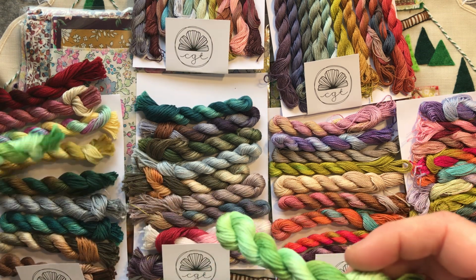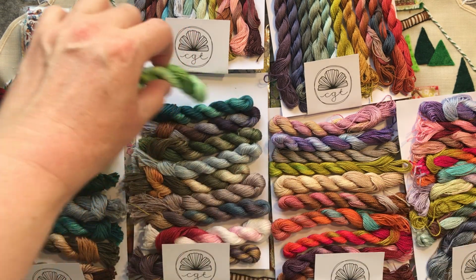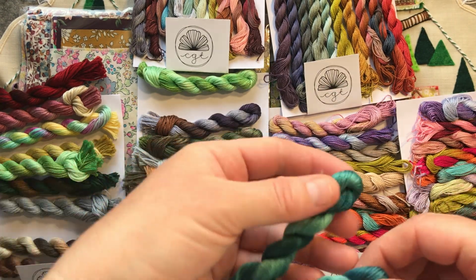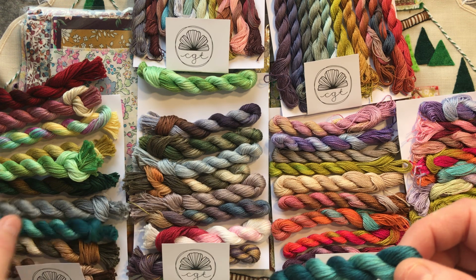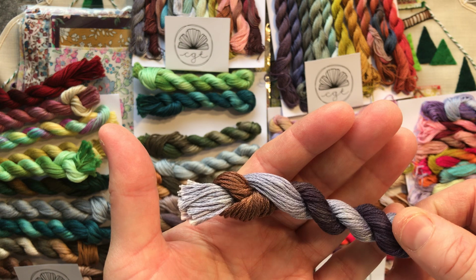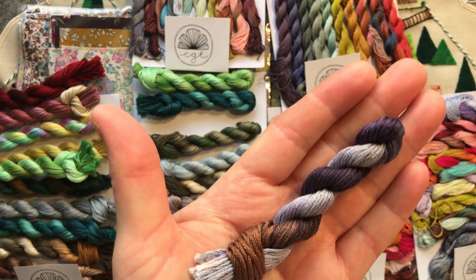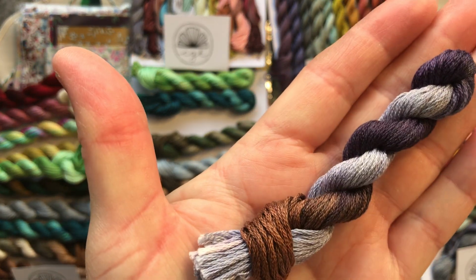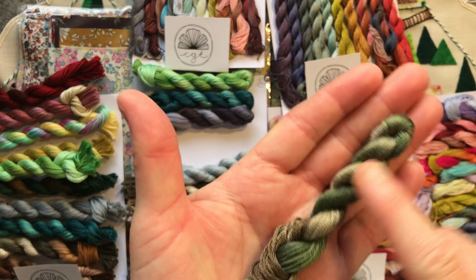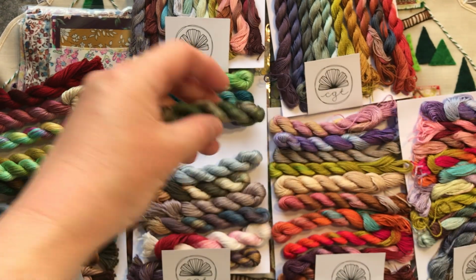Then this one could be similar, I think, to this one, but very handy to have the green. So very happy to have two of those. And then possibly, I think this one might be similar to that one, but it's such a beautiful colour. But I think they're the only two repeats between the packs, and even then they'll have their own unique colour story in them. Purples into browns into purpley greys,